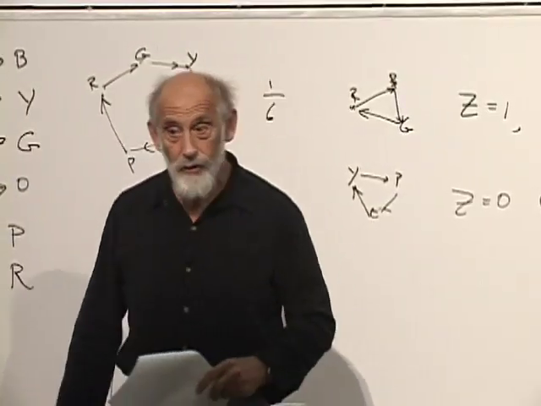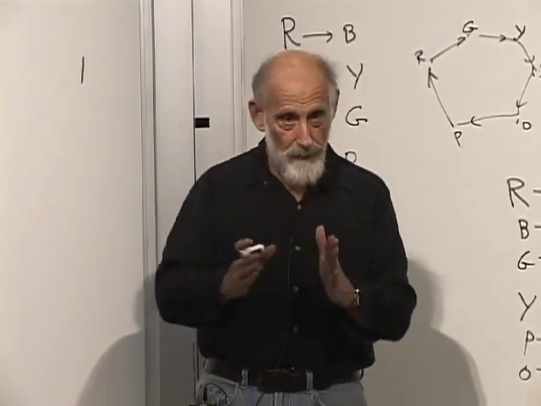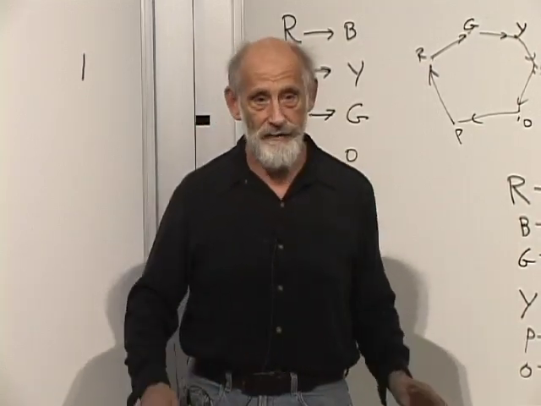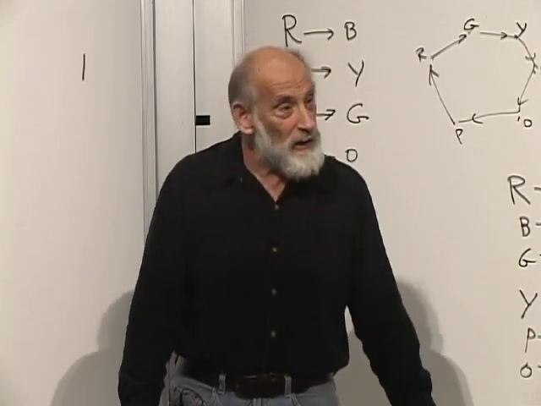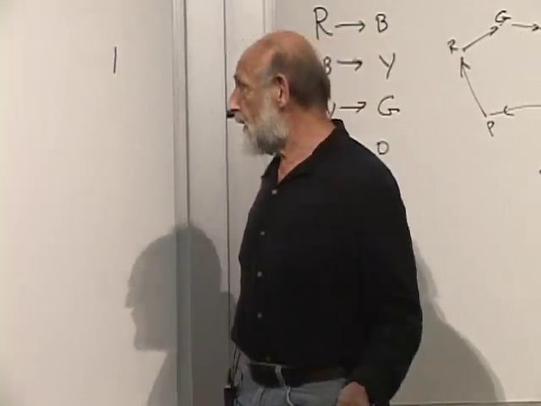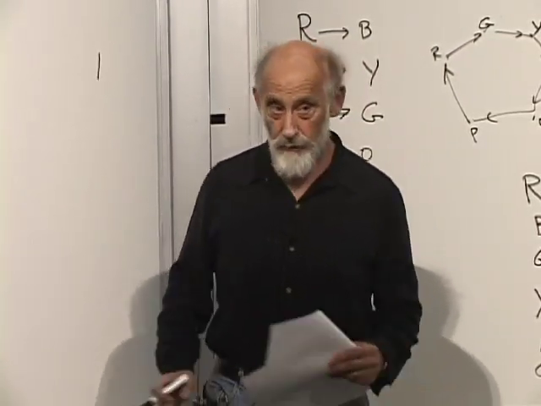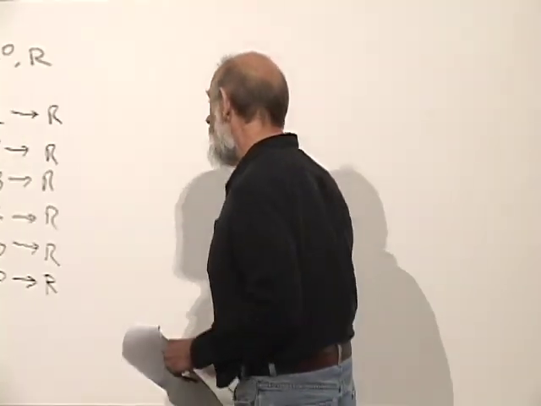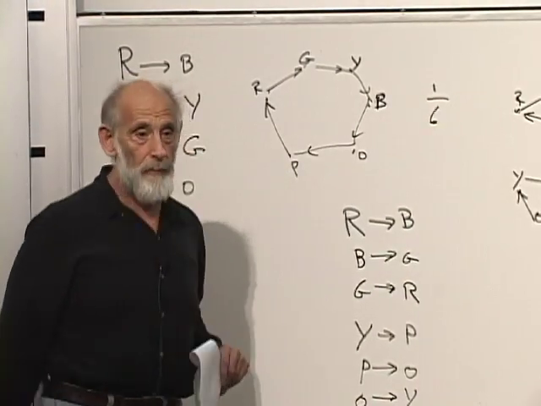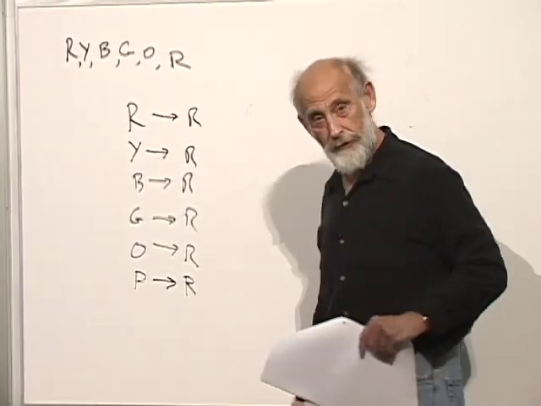On the other hand, it's certainly true that at least over reasonable lengths of time, remember this thing happens fast, blip, blip, blip, blip, blip, blip, blip. If you intervene with a system, what's the most likely thing that you find? Red. In fact, not only is it the most likely, it's overwhelmingly more likely. It's infinitely more likely. You will simply find red. You won't find any of the others. Here's an example where there are no conserved quantities, but it is not true, nevertheless, that there is equal a priori probability of all of the different values of the color index here.